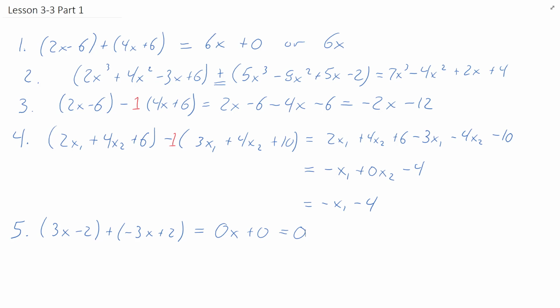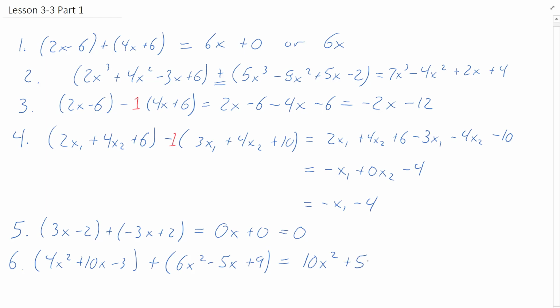All right, the last set that we have here is going to include the same two polynomials, but we're going to add once. So 4x squared plus 10x minus 3 plus 6x squared minus 5x plus 9. And when we combine like terms, we're going to get 10x squared, we're going to get plus 5x, and we're going to get a plus 6. If we repeat